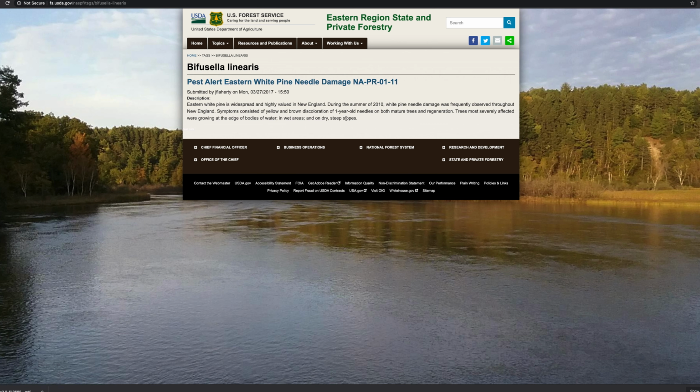So the description is telling us that this species affects white pine needle, it's called, and it's telling us the symptoms, and they consist of yellow and brown discoloration. And now we have an idea that this might be pathogenic for trees, for a host that belongs to a plant. All right, so we'll keep this open and